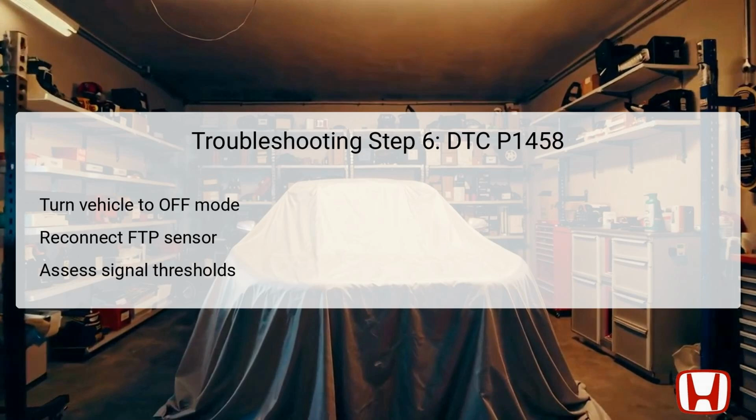If discrepancies arise, it indicates that there might be a blockage within the FTP sensor's vent hose, affecting readings. A blockage should be cleared, or, if persistent, the hose should be replaced to ensure that pressure is accurately conveyed to the sensor. In the 7th step, power the vehicle down to the off mode and disconnect the FTP sensor